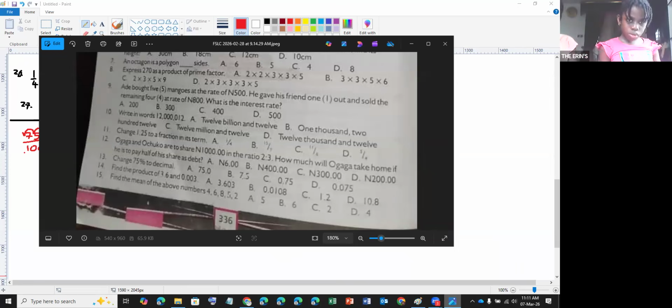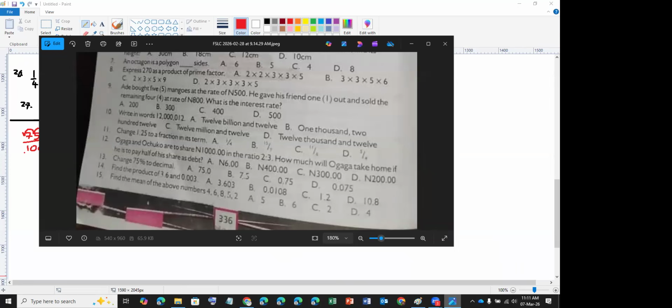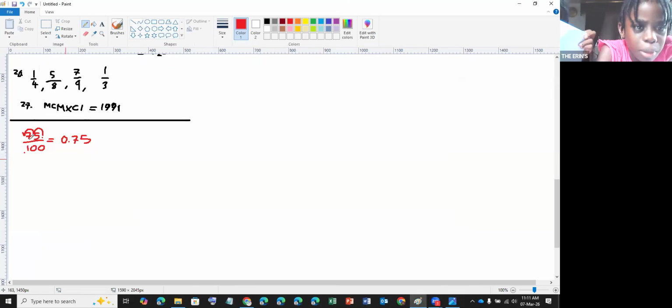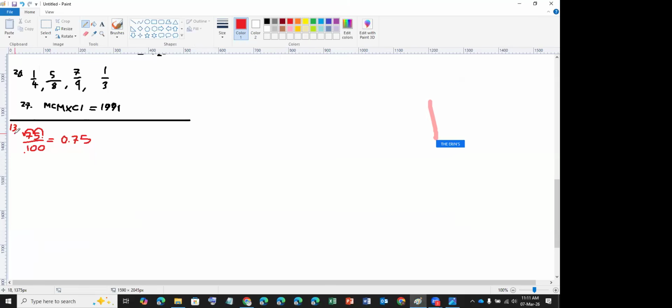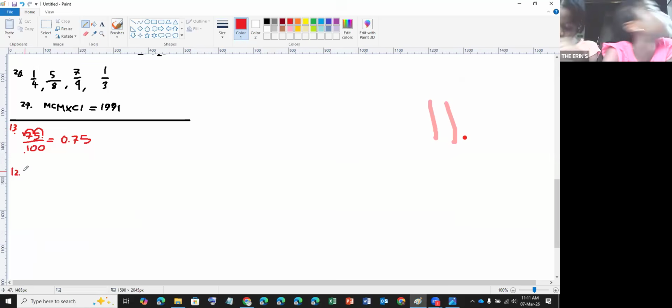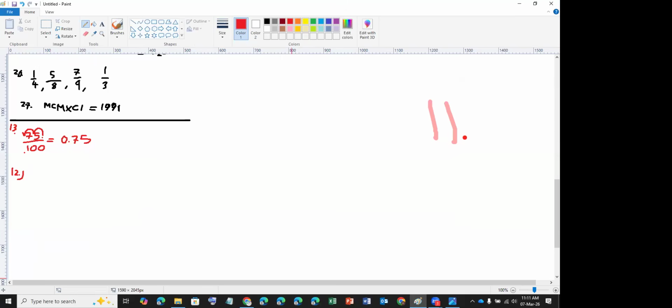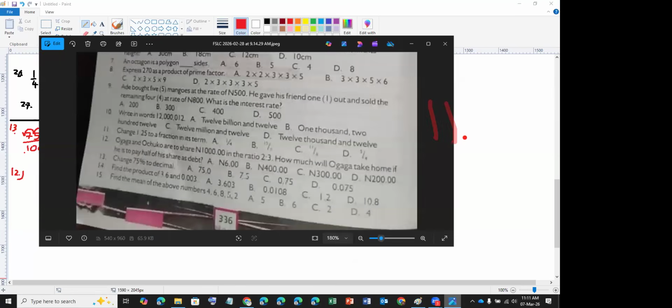I'm not even sure we did number 12 together. So we have to do number 12 together. Remember? We did not do 12, we stopped at 11. So let me quickly do number 12. Number 12 is a ratio question, right? It's a ratio question. And it says